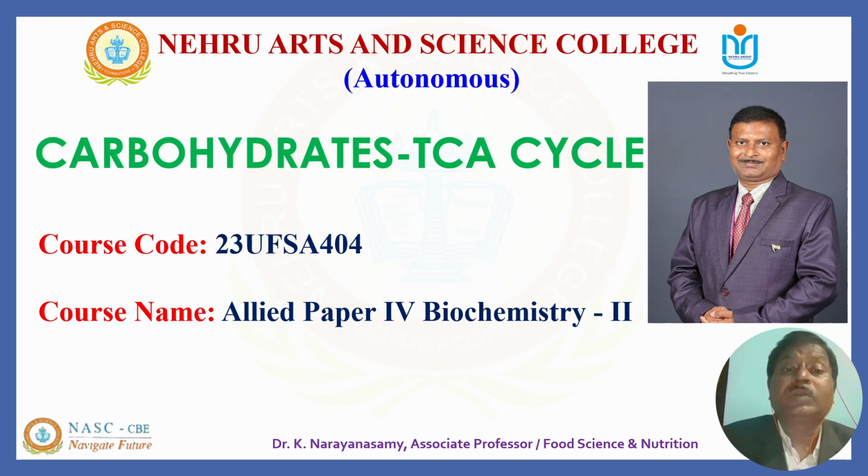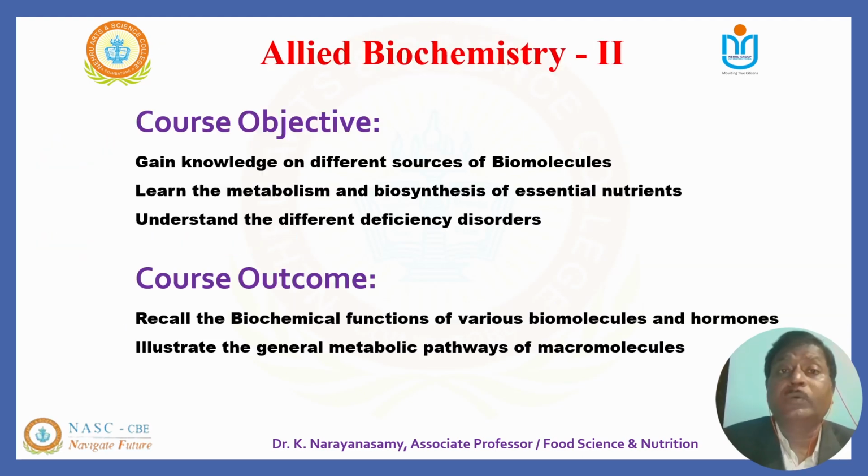Course code is 23UFSC404 and the course name is Allied Biochemistry 2. Course objectives: gain knowledge on different sources of biomolecules, learn the metabolism and biosynthesis of essential nutrients, then understand the different deficiency disorders. Course outcome: recall the biochemical functions of various biomolecules and hormones, illustrate the general metabolic pathways of